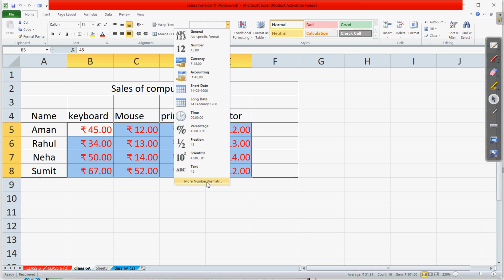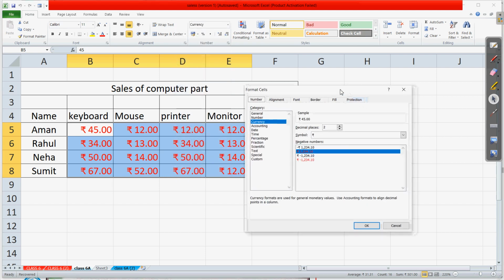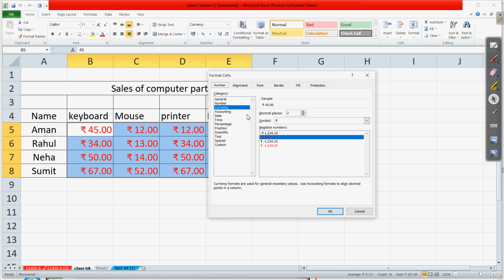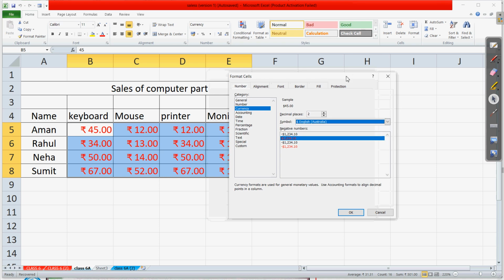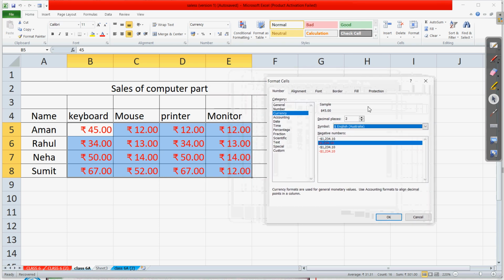Here we have more number formats, and also some few already provided features. If we want to change the formatting, in the Format Cells dialog box you can see we have the currency symbol. Let us change this currency symbol to dollar, if you want, and for the decimal places, up to 2 or 3, whatever decimal point we choose, the same will be applied.